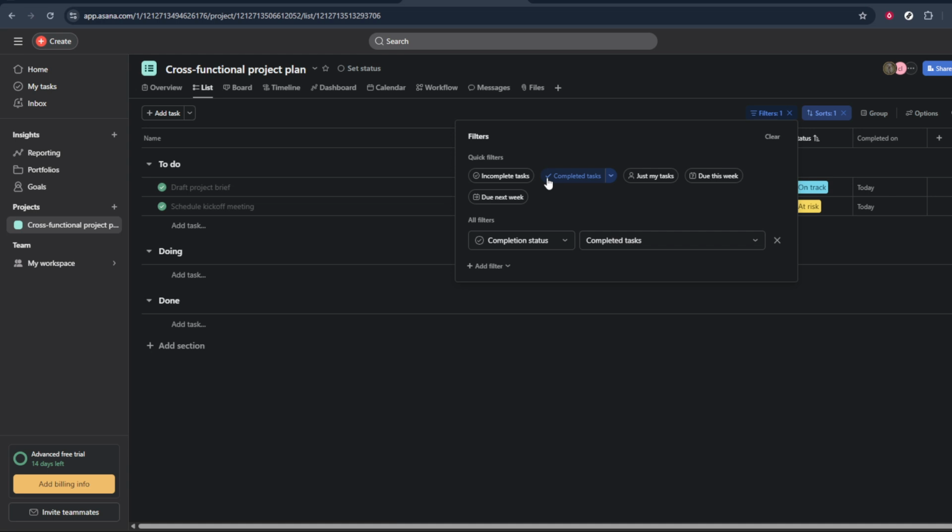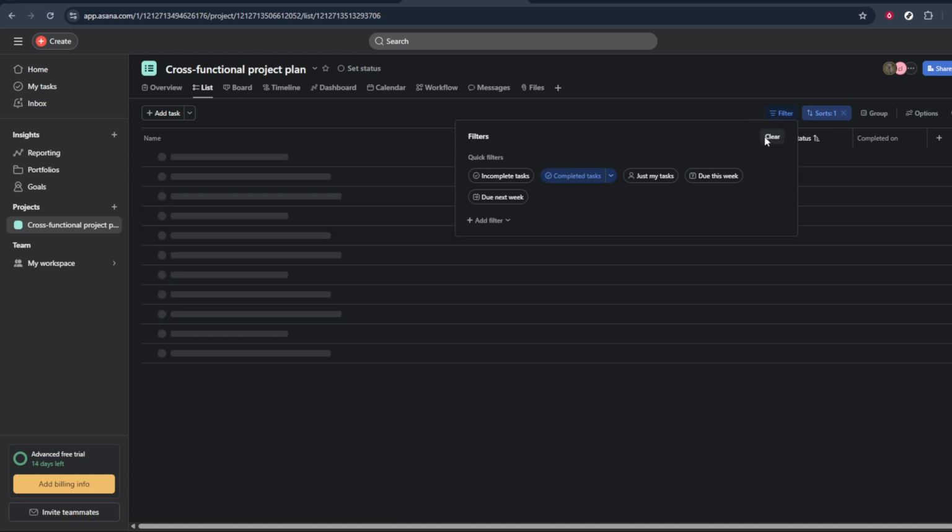Now, instead of only seeing what's still open, you'll see all tasks that have been marked as complete in this project. You can scroll through this list to get a clear picture of everything that's been done, who completed it, and when it was finished, depending on the columns you have visible. If you ever want to